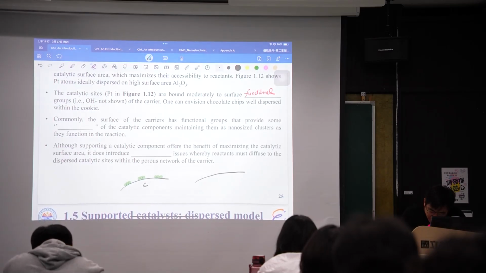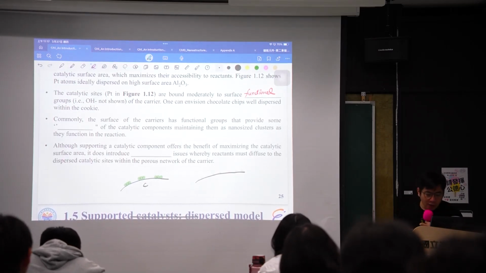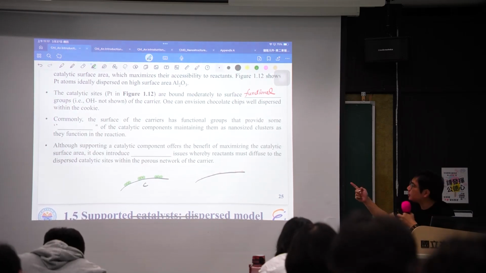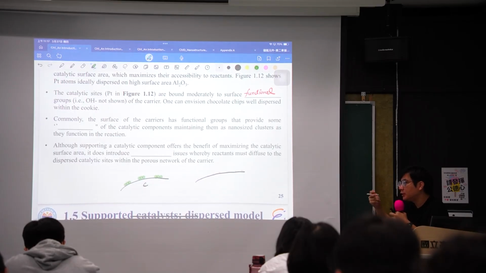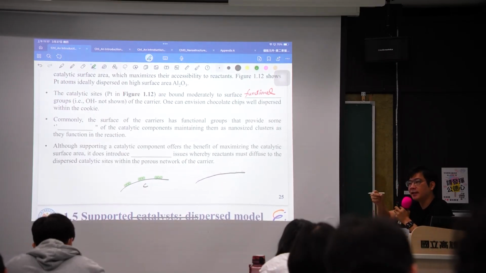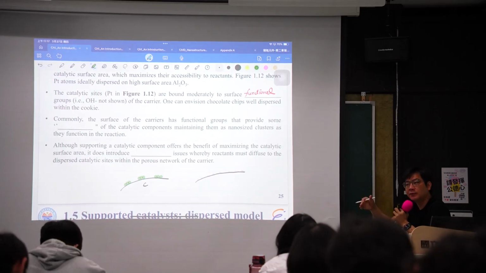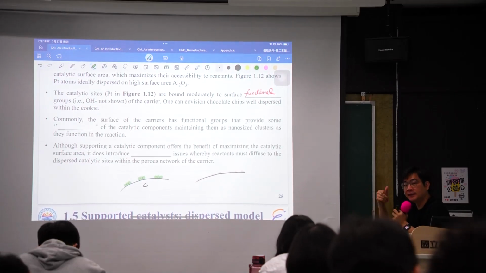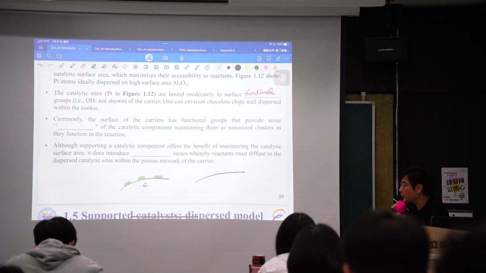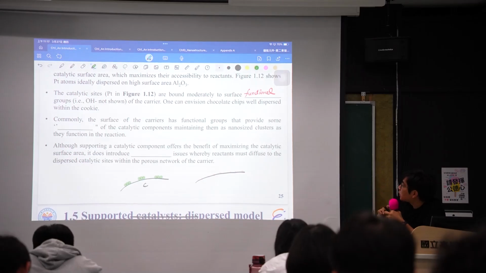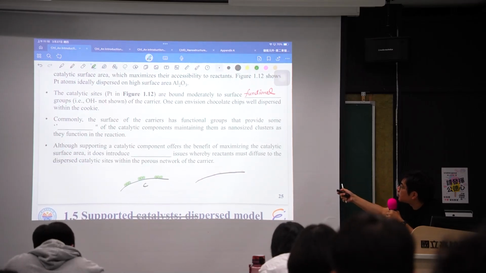Okay, so the catalyst is very easy to enter，基本上会比较容易附着在这个官能团上面，会改善这个分散性。Okay, so if you have some functional group like OH on